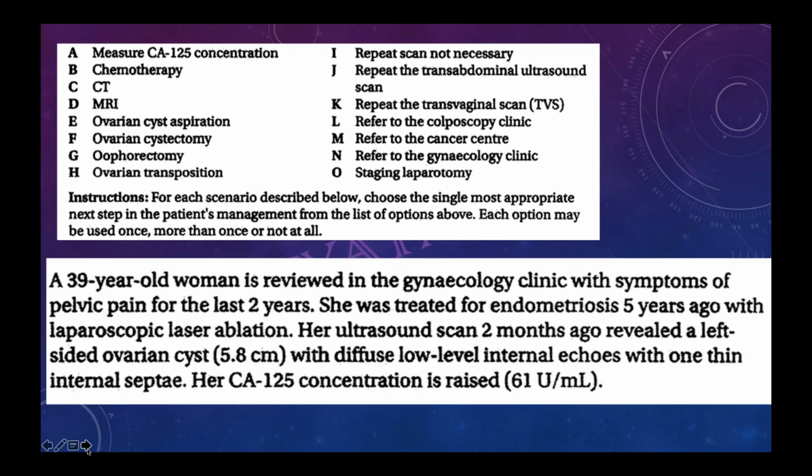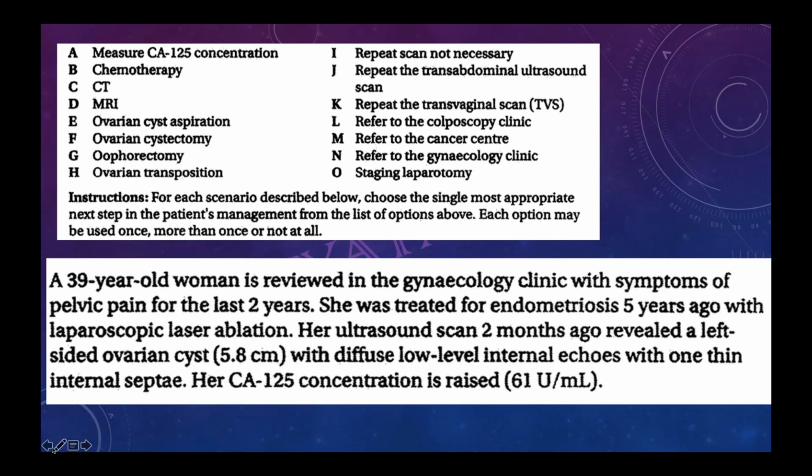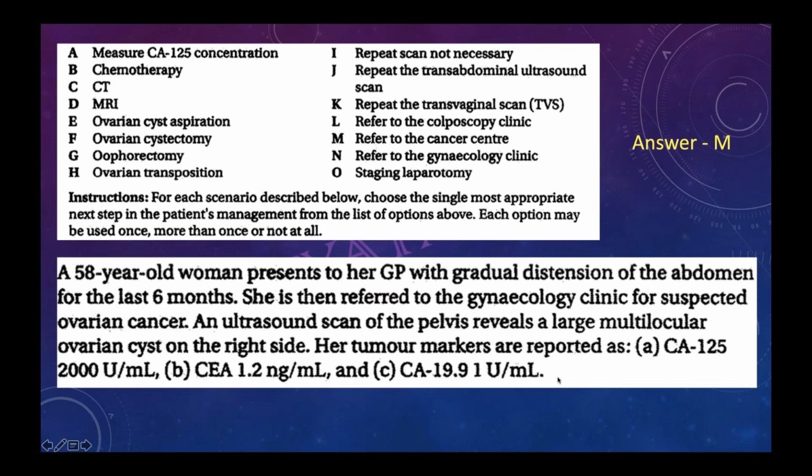CT will not be there. Ma'am, first we have to do a CT scan, then refer to the cancer center, no? It is clinical. If clinically you think that it is a cancer, then it can be done. CT can be done first, or otherwise she will be referred to a cancer center. But CA125 is very high, and all the features, multilocular and all those features, are there. So it's clinically malignancy only. That flowchart shows first CT scan and then refer.